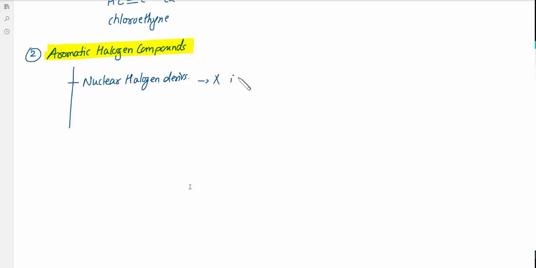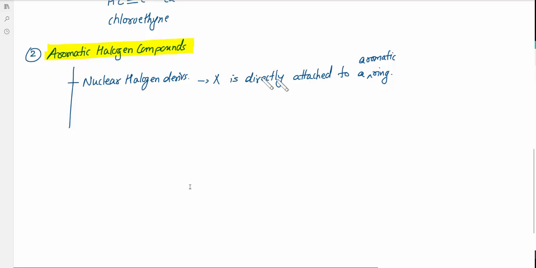This X is directly attached to a ring. Which type of ring? Aromatic ring. Now, such types of compounds will be called aryl halides. This family is called aryl halide,